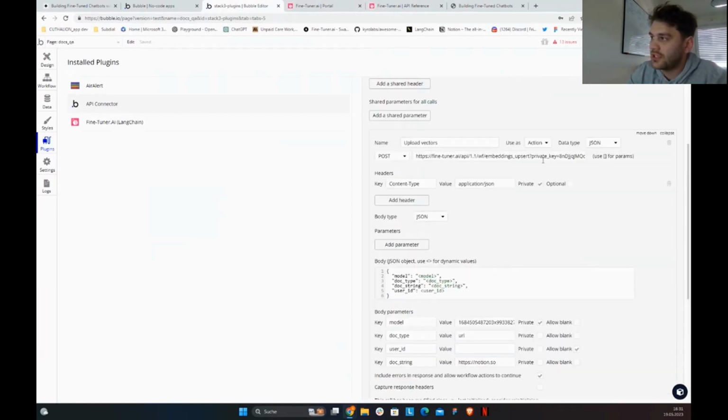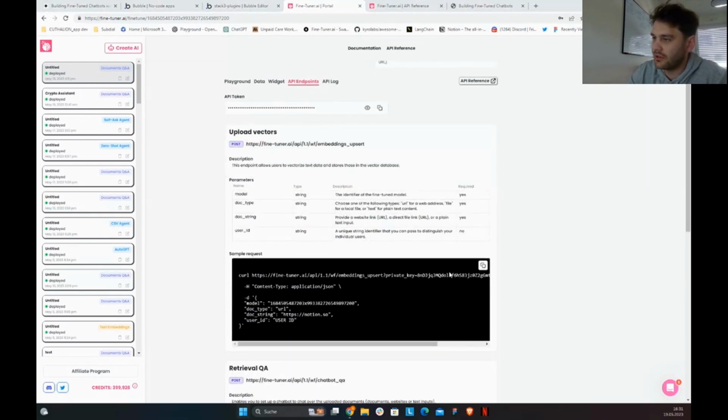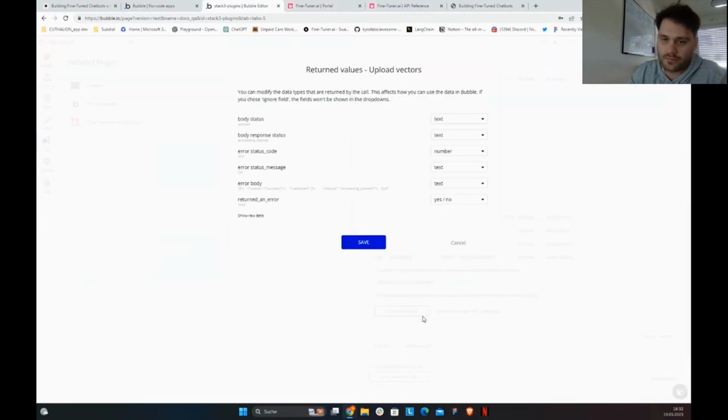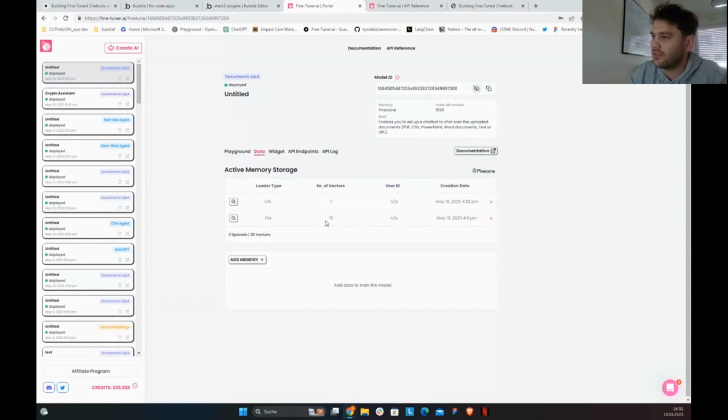Yep. The private key is your main API key. You can find it here, the API token, or you can also find it in your settings. But it's also already appended here, so you can simply copy this entire endpoint link, and it's already there. Okay, now we'll try it again. Okay, now you can see